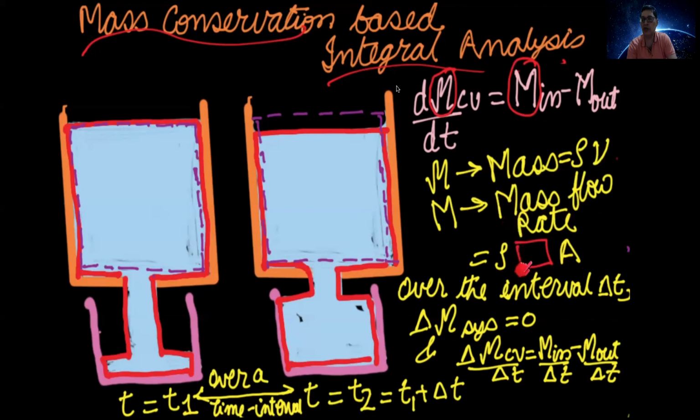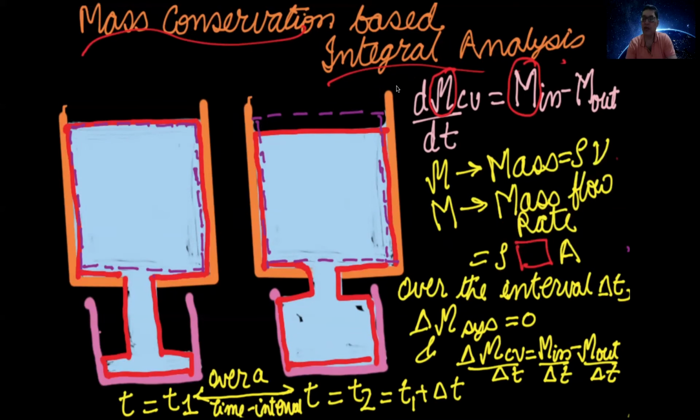So in the box I had shown, the term which would come if you compare the volume and area and the rate term coming here should have a unit of length per unit time, that is, a velocity. So the expression for mass flow rate involves density, which is common in mass and mass flow rate, and in mass flow rate instead of volume you have an area, and here you have velocity.